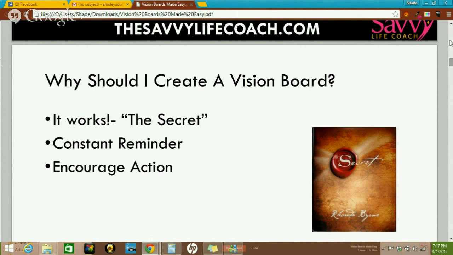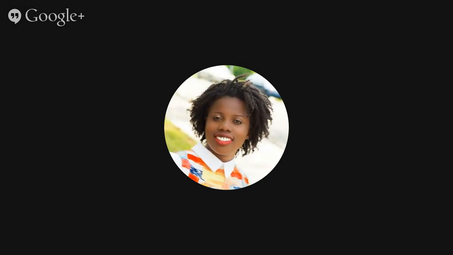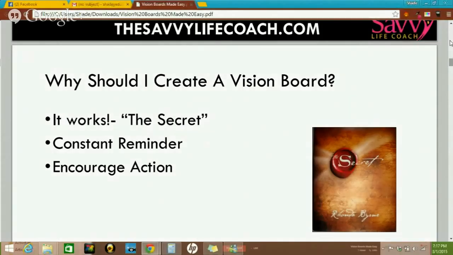Sometimes we don't want to do things. We think it's too hard. For me, as a doctoral student, I'm ready for this to be over already before it has really begun. And we think about how difficult the road is, and then we get these images of vision that say, you can do it, you can make this happen, to have that constant reminder. And then also, in addition to having that constant work, be encouraged to act. And that is really the key.